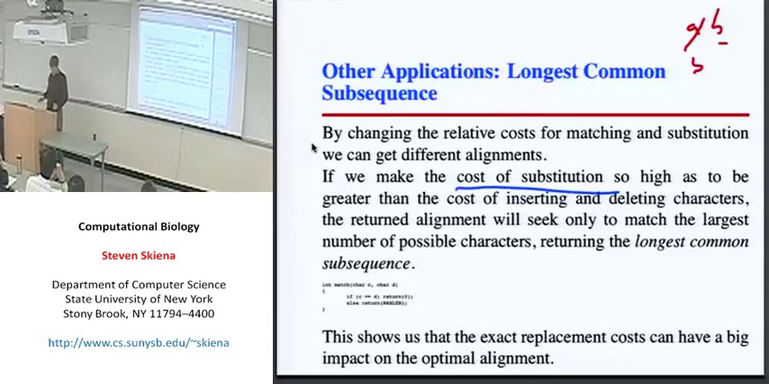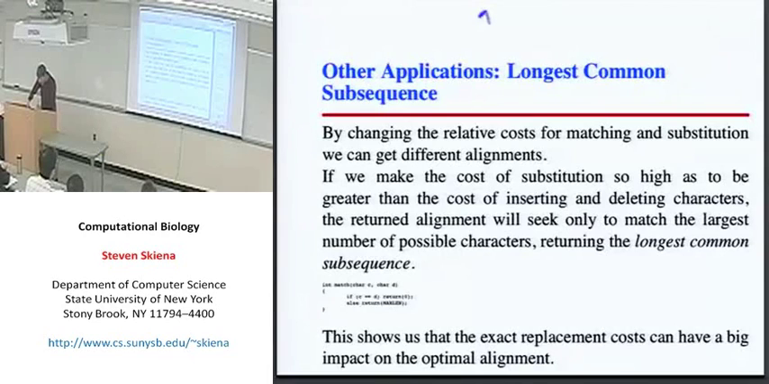So what happens, though, if I make the cost of a substitution so high? What is the desirable alignment between two strings? Let's look at an example here. Suppose I want to now convert, I'm going to make something up, A, B, B, B to B, A, B, B, B. Okay? If I make a substitution very expensive,